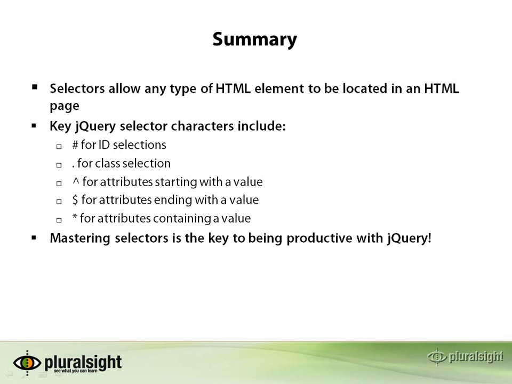We've also talked about different ID selectors, class selectors, and the different characters you'd use, such as the hash or the pound. And we've also talked about the dot for class selection. Some other characters we just talked about in the last section of this module were the caret, the dollar, and the star for starts with, ends with, and contains. And those are very useful in cases where you need to search for specific string values, and starts with or